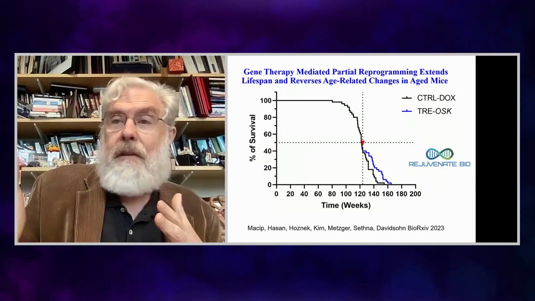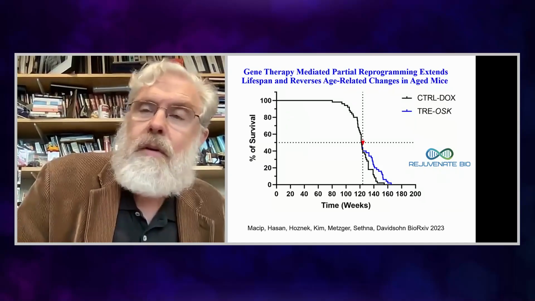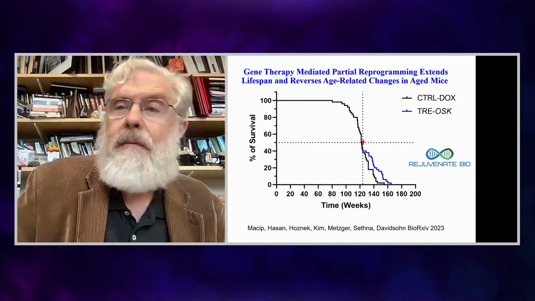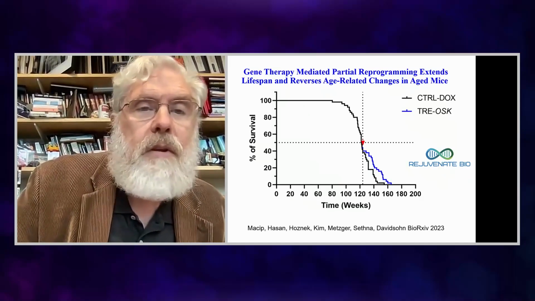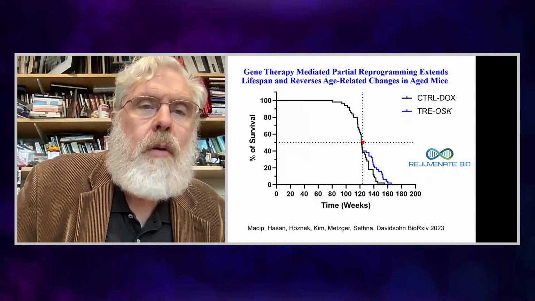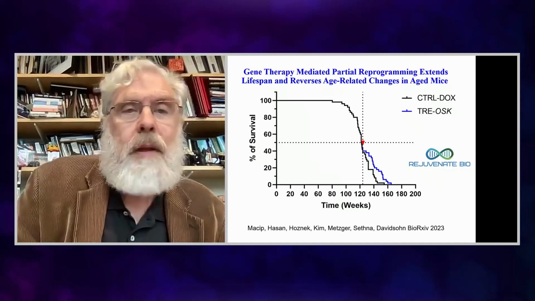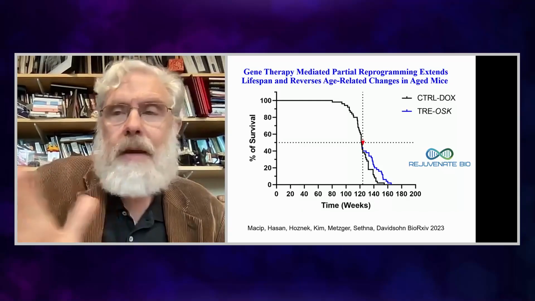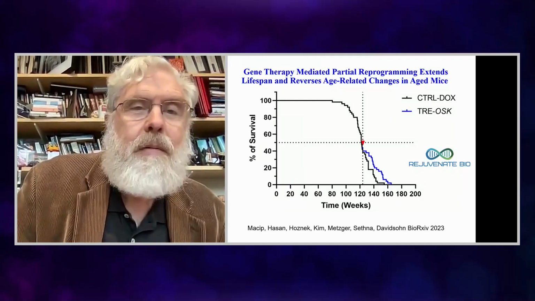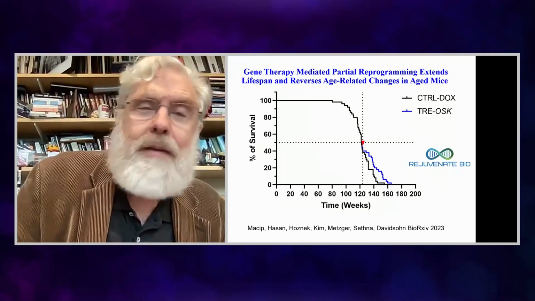But every now and then, I showed you we're doing reversal of age-related diseases or models of that. But every now and then we'll let the mice live and see, just for curiosity, what the longevity is. As long as we're curing diseases of aging, we can get the FDA approval. And if the side benefit is longevity, that's great. Here's a case that Noah Davidson and his coworkers published recently showing a significant blue line, significant post-treatment at the red arrow extension of life. But what's really interesting about that is not that significant improvement. It's when it was applied. This treatment was not applied when they were babies or children.